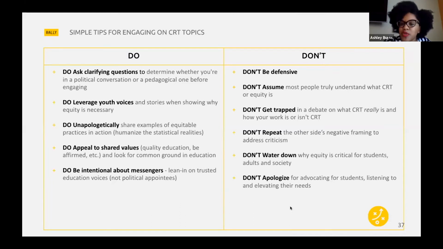There are some simple do's and don'ts I want to offer. Some of it you already heard here, but don't be defensive. That is actually not helpful. And when we think about our personal conversations and professional conversations, usually being defensive is kind of a non-starter for the conversation. Do ask clarifying questions to determine whether you're in a political conversation or a pedagogical one, but remain